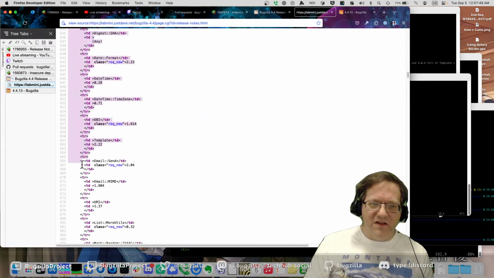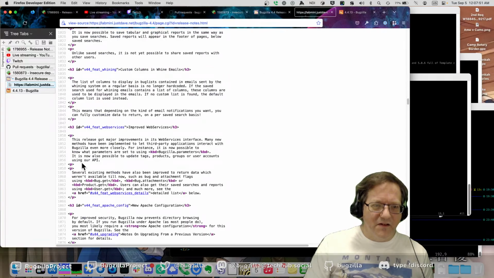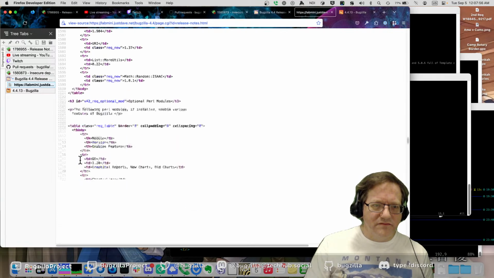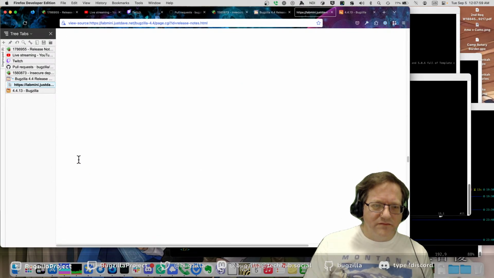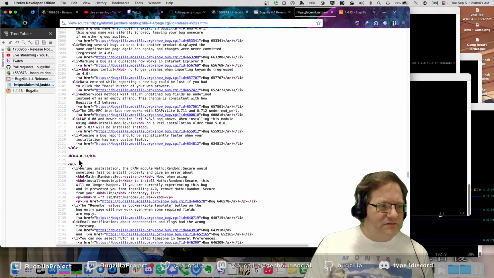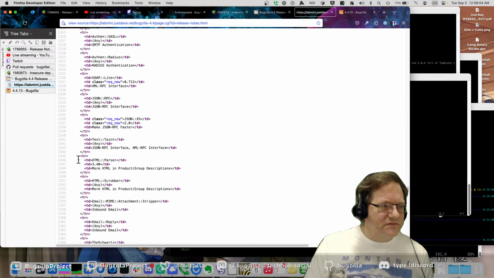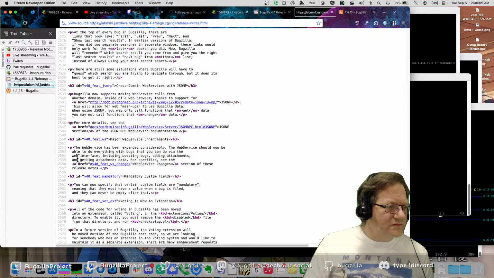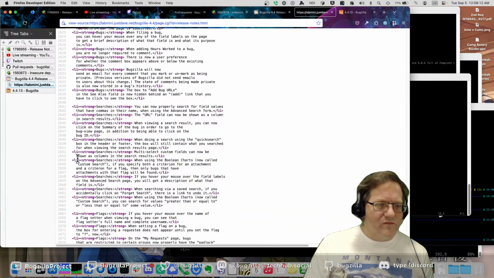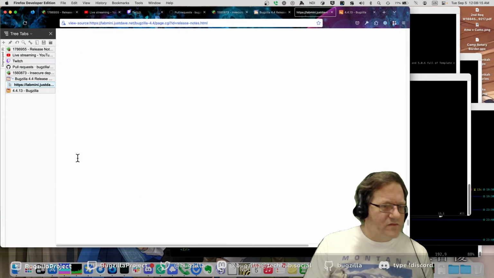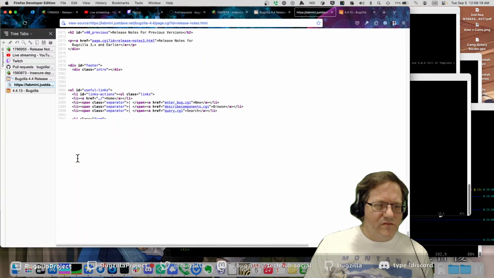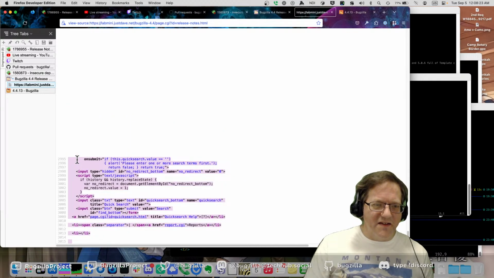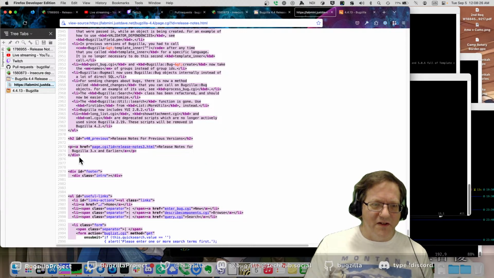From there to the end, not counting the footer. Takes a long time to scroll to the end, and then I gotta scroll back up because I don't want the footer from Bugzilla.